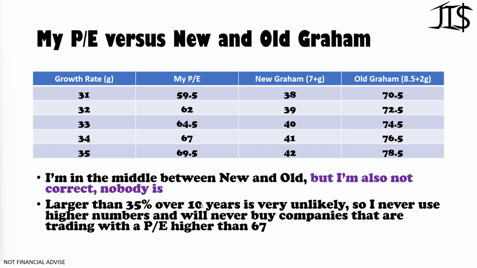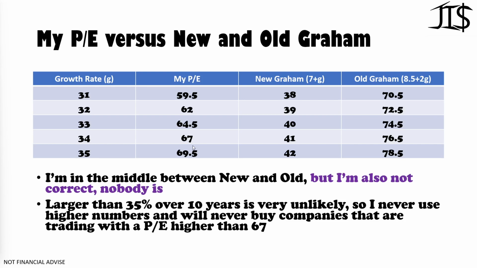Because it's really unlikely to grow 35% compounded over a period of 10 years, I never calculate with that amount. So I never use higher numbers, and I will never buy companies that are trading with a PE higher than 67. So when I see a company trading with 68, 69,